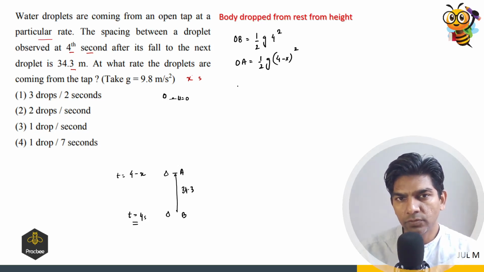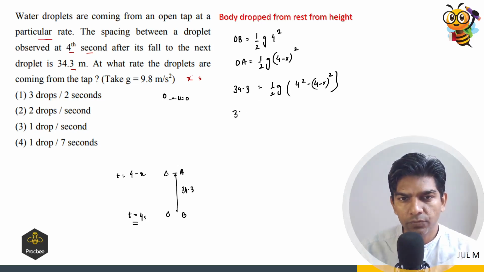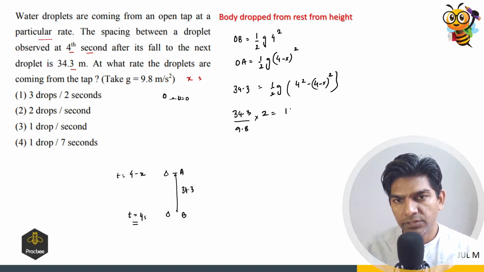So if you take the difference of these two, it will be 34.3 equals half g times (4 square minus (4 minus x) square), and so this will be 34.3 divided by 9.8 times 2. So it will be 16 minus